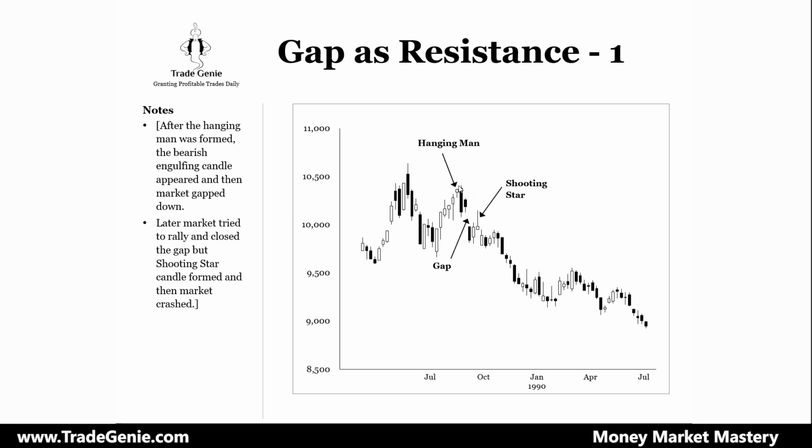So regret is a very strong emotion. So here is something called a hanging man. So this is a bearish signal, and then the market gapped down. So when the market gapped down and it rallied, those buyers who did not sell somewhere here unleashed their sell program right here. So the gap got filled because this is a whole resistance zone. On the way up, if you are holding a long position, and let's say you bought it here somewhere and you saw this gap down, this is another opportunity to sell in this zone.